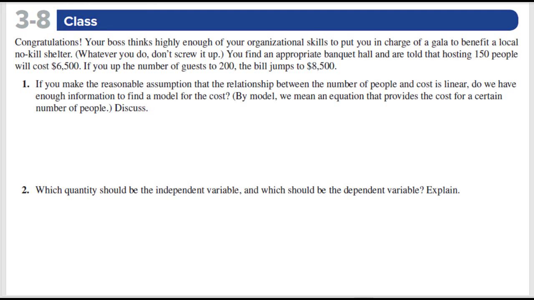Discuss. Hopefully you thought about some of the things like I just mentioned. We don't have a specific slope, and we don't have a y-intercept. We don't know what the starting price would be. We can tell if it is a proportional relationship because we can take